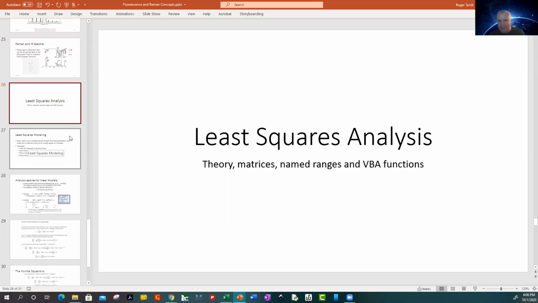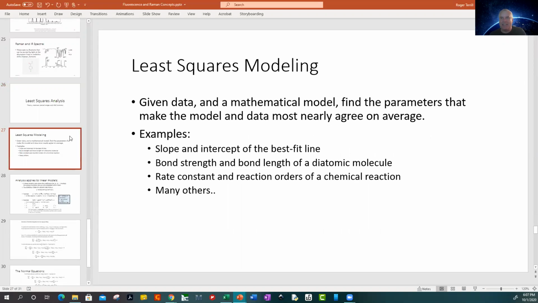But what we're going to do is we're going to talk about least squares. Hey, Kai. He's here now. Okay. Least squares. So I decided to do this backwards and give you an application and then go into the theory. Then we'll go back into the applications. But least squares modeling is